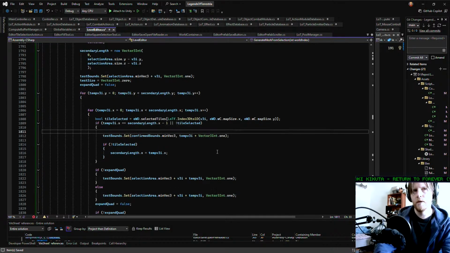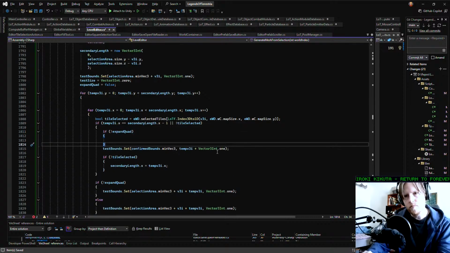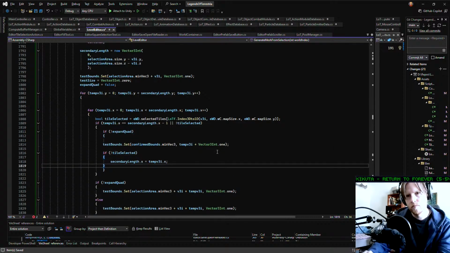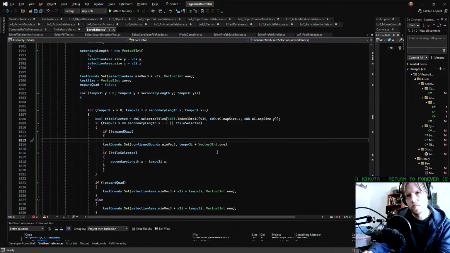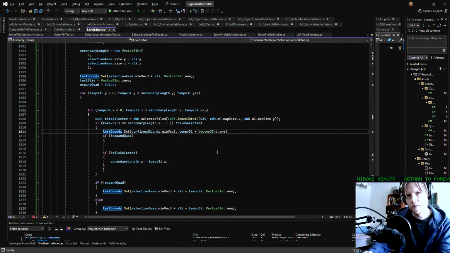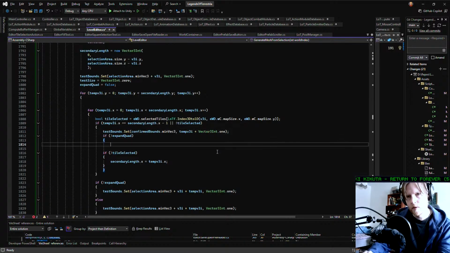But we're gonna say if expand quad is false, what do we do in there then? Test bounds should be set to this no matter what. And then if expand quad